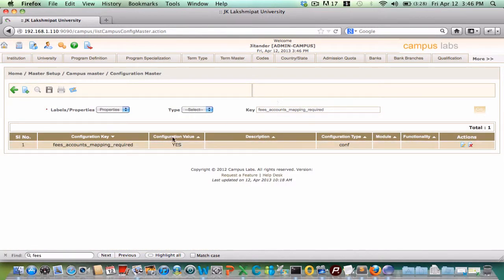You can see that fee account mapping required is yes. That's why that warning message is coming at fee master screen.